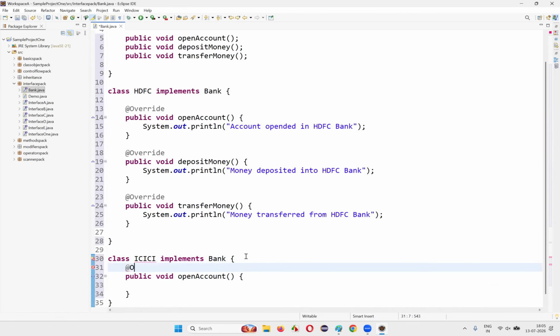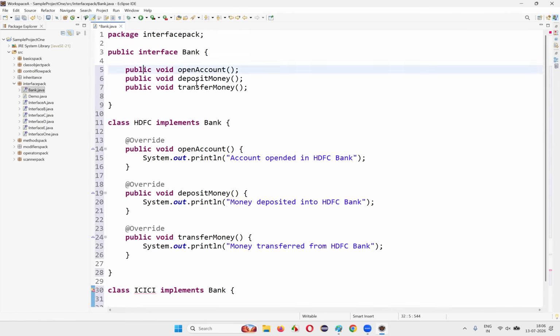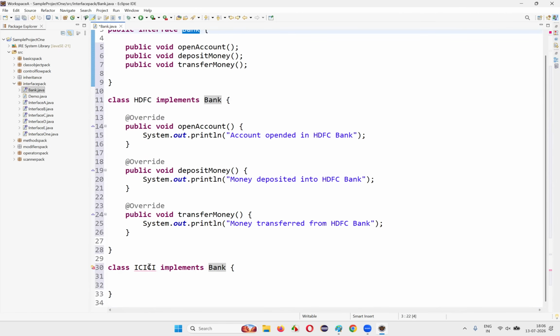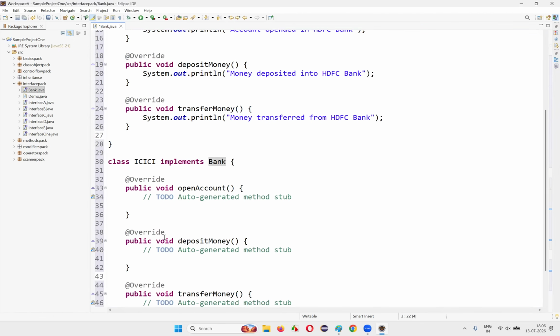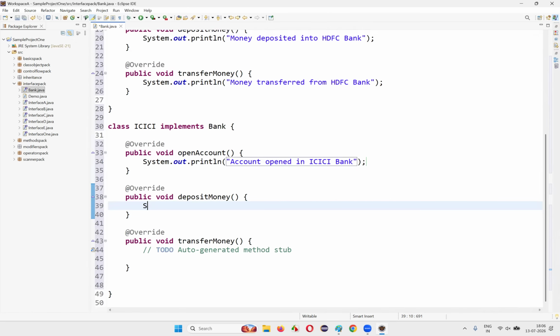And here I'll write @Override. I have to implement all the abstract methods of this parent interface Bank, right? Hover the mouse, the easiest way is to use this Eclipse IDE option, okay? So here you write down System.out.println account opened in ICICI bank. Here I'll write down System.out.println